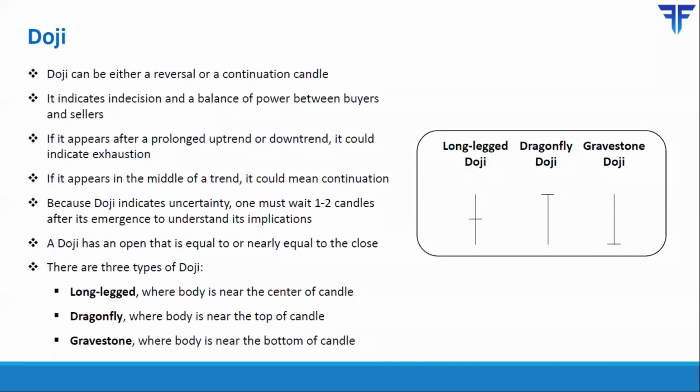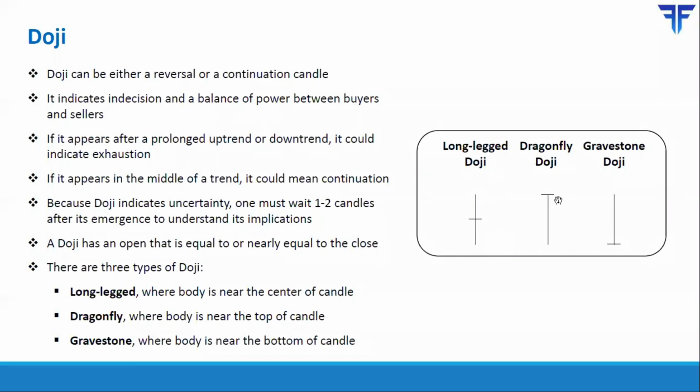Then the next pattern that we would be talking about is Doji. Now, to put it in very simple words, Doji means uncertainty because as you can see in the images, in case of Doji, the open and the close are more or less the same. So you just have a body that takes the shape of a small horizontal line. Now, depending on where that body is situated, a doji could have different names. So, for instance, if the body is situated at the center, the doji is called long leg doji.